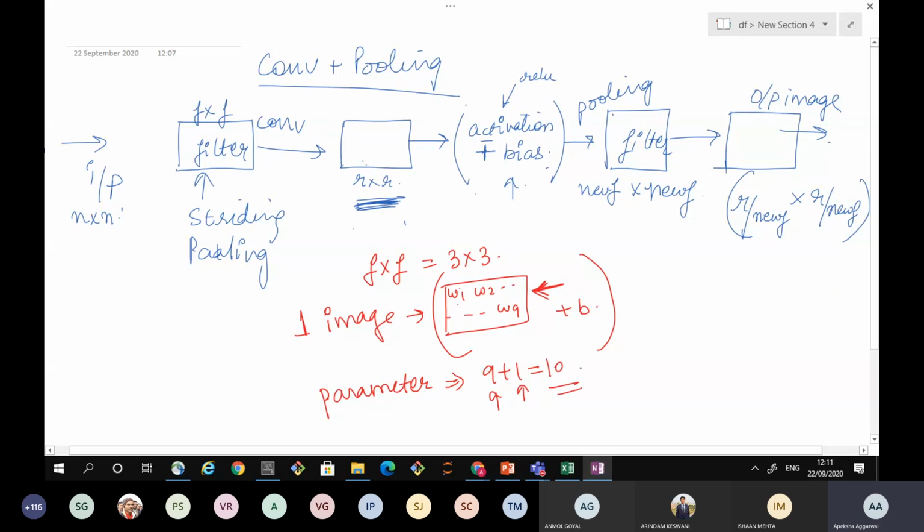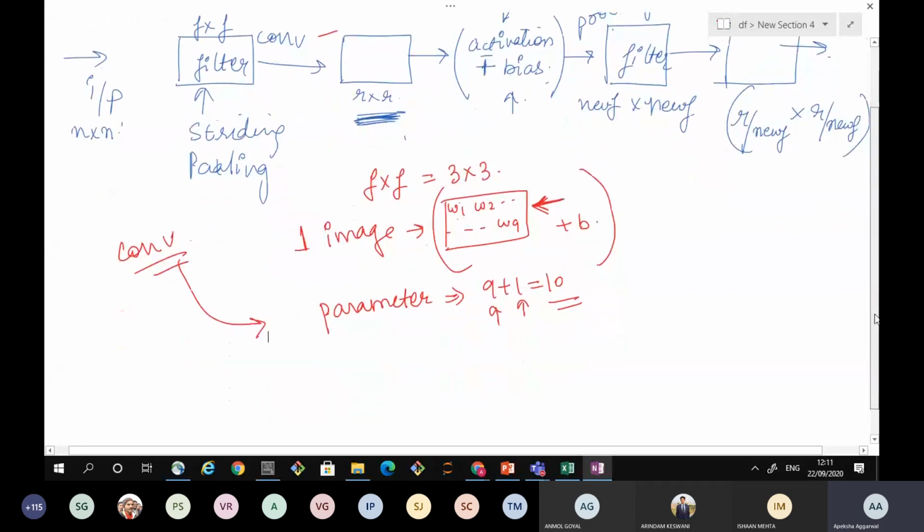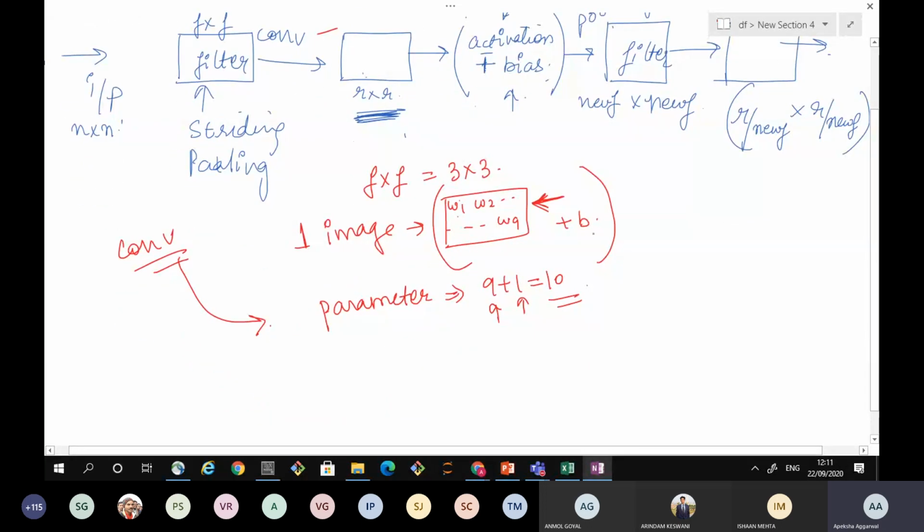So the total number of parameters that it is learning is 10 over here. Similarly, in the pooling layer these parameters are not learned. So only in a convolution layer, the total number of parameters that are learned is 10. But this output image, if I am drawing this network over here,